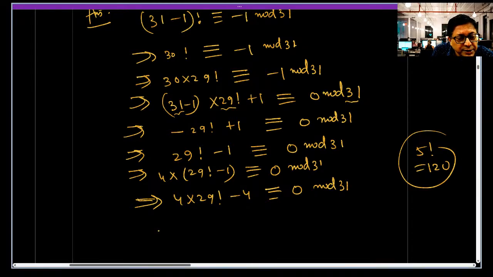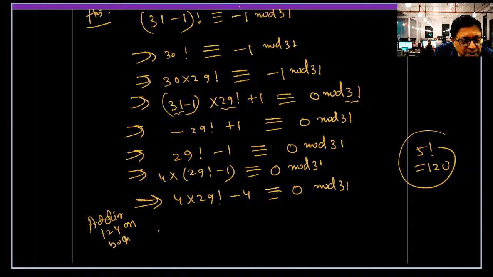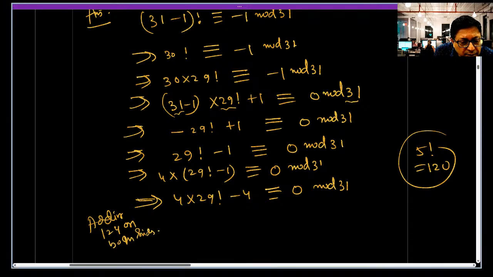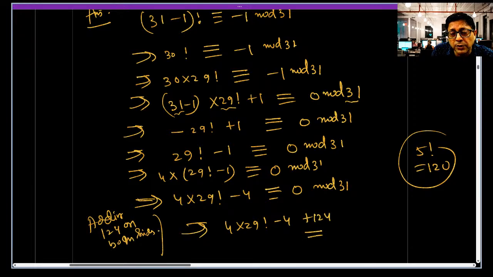So for that you add 124 on both sides. Okay? So this implies 4 into 29 factorial plus 124